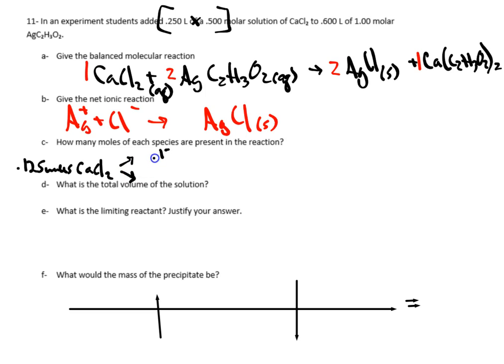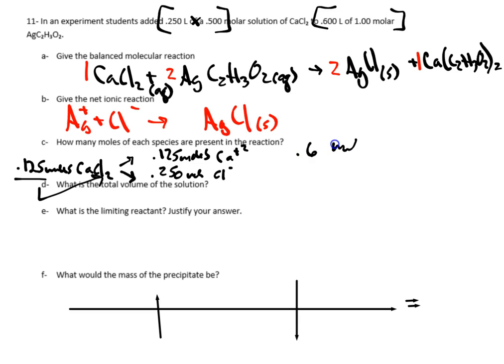Now I'm going to go ahead and distribute that. That means I have 0.125 moles of Ca2+. How many moles of Cl do I have, though? 0.250 moles Cl minus, because for every 0.125 I have 2 chlorines. So I have to double it. All right, and then my silver nitrate is easier because there's no subscripts, right? So it's now 0.6 times 1. So I have 0.6 moles Ag+ and 0.6 moles